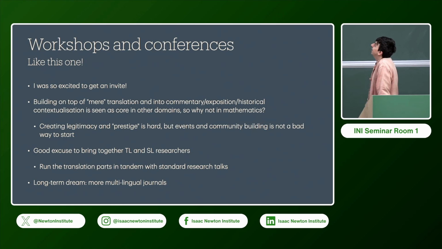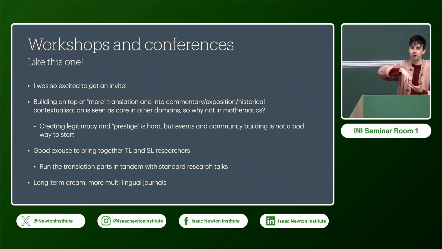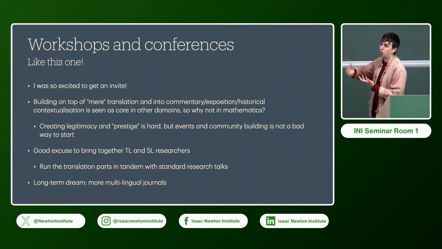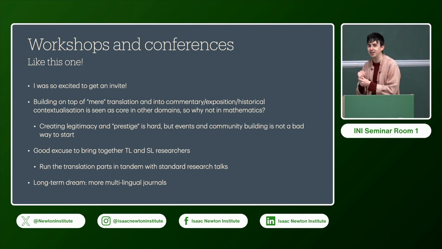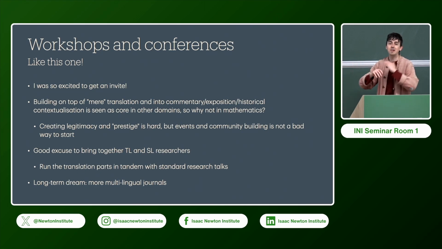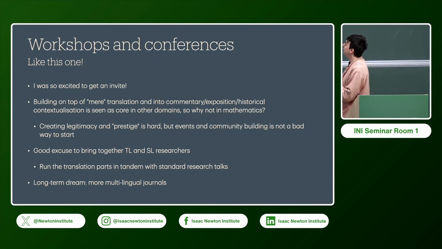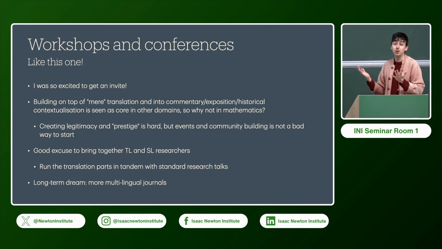That's fantastic. The very act of translation, and also contemporary commentary on the thing you're translating, is so core in other domains. You speak to humanities students, and this is the bread and butter of what they do quite often. But as I'm sure many of you are aware, in mathematics this is not seen as valuable as research. It's a very different skill set, a niche little thing sometimes. How do you make this seem more valuable? How do you create legitimacy and prestige around it? I don't know. If I knew that, I would do it.